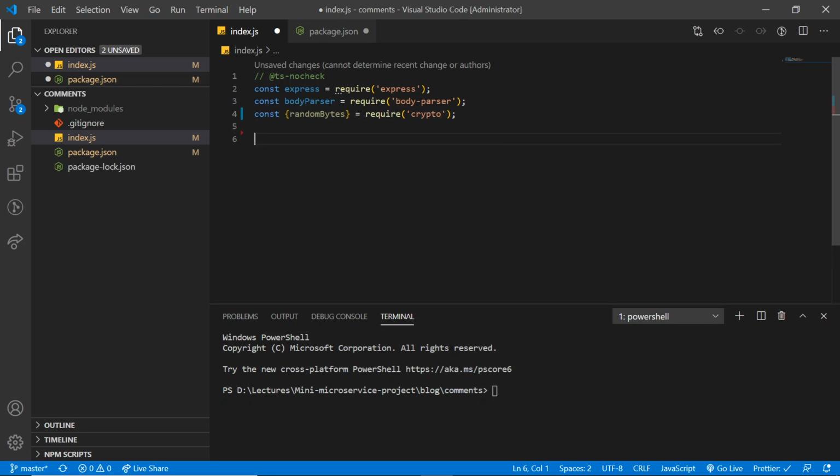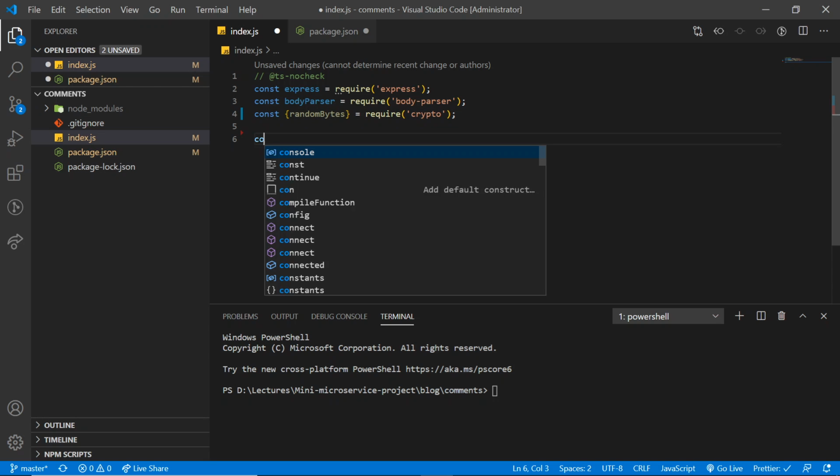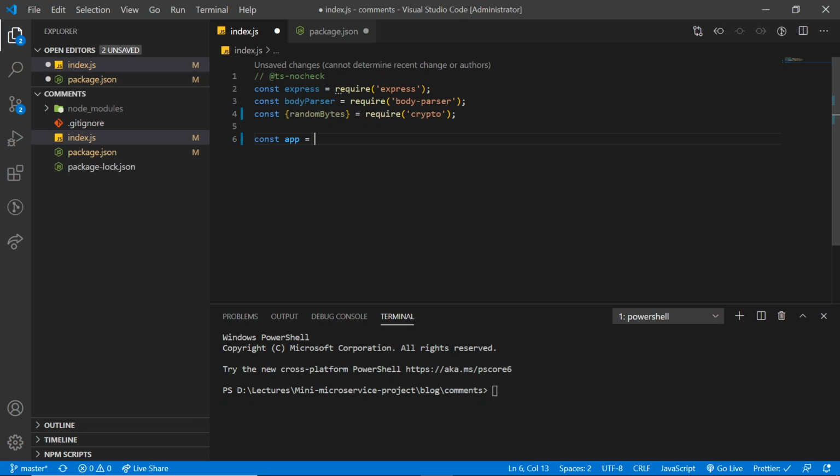Next, we are going to create my Express application. Associate the body parser middleware with it. Now, let's add our two route handlers that we discussed earlier.